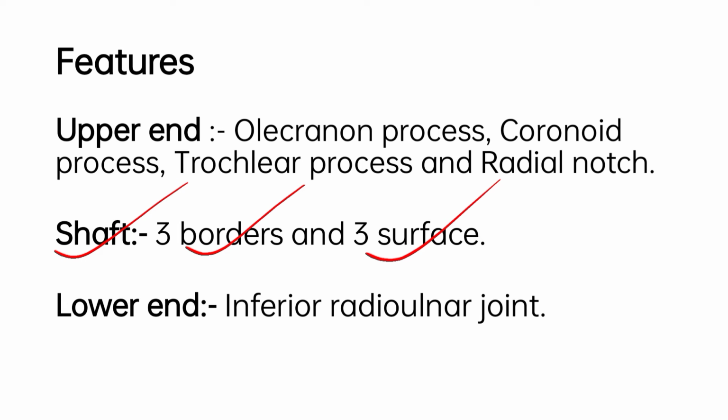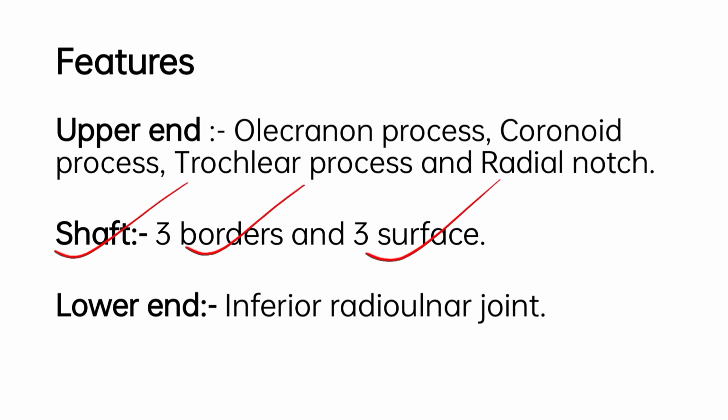Moving further to the medial surface now. It lies between the anterior and posterior border. Alright, medial surface is between anterior border and posterior border. Moving further to posterior surface, which lies between the posterior and interosseous border. It is subdivided into 3 areas by 2 lines. An oblique line divides it into upper and lower part. The lower part is further divided by a vertical line into a medial and a lateral area.